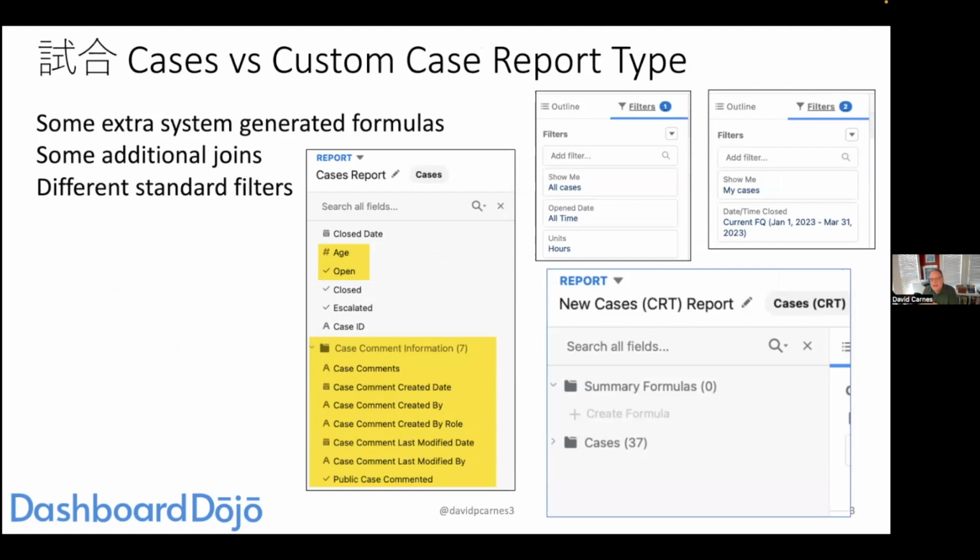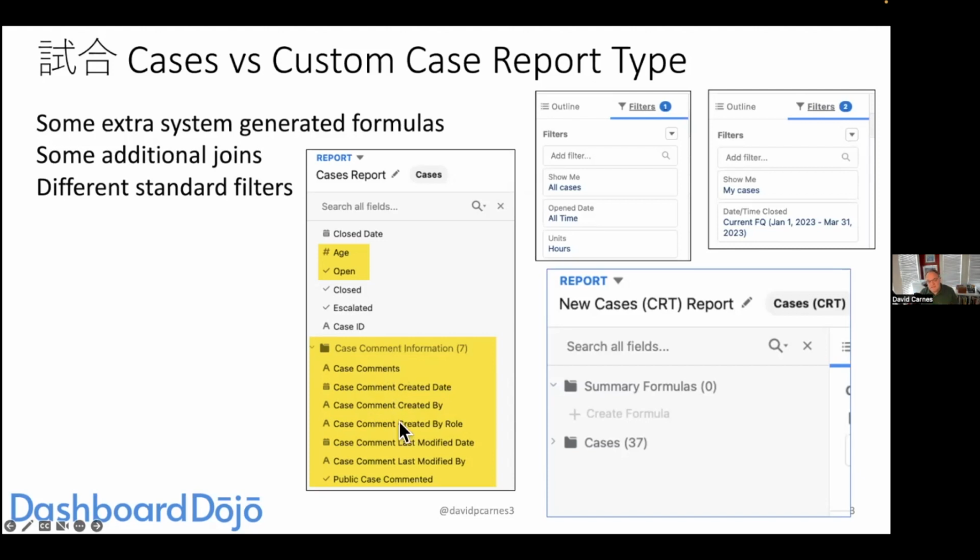So it's not like it's impossible, but these are just right here for you. Interestingly, Salesforce does provide the closed field and the escalated field. Those are two system generated fields that are available on both the standard report type and a custom report type. But on the standard report type, what you also get when you report on the case object is the